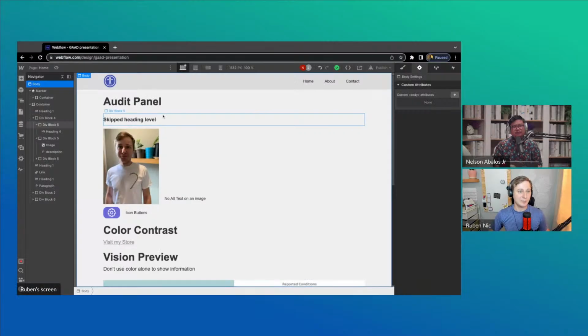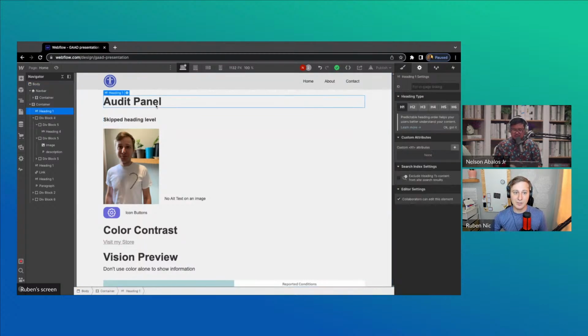Thank you. Now, Ruben, I want to talk about our next section on how Webflow can help with accessibility. Can you tell us what features Webflow currently has to help with accessibility? Yeah, absolutely. So I have right here my Webflow designer open, and I want to showcase some of the features that the accessibility team has built into the designer to make it really easy to catch and fix and learn about these accessibility issues.